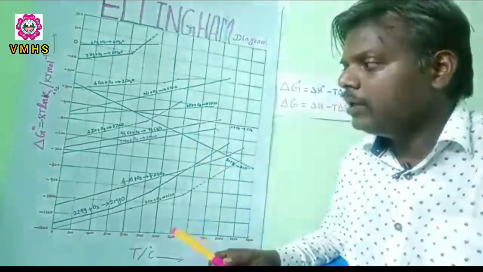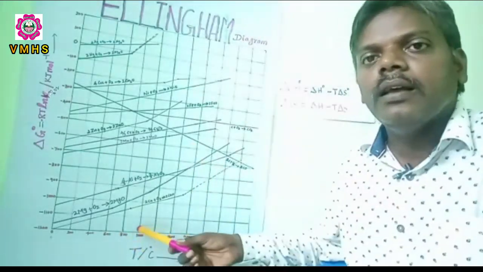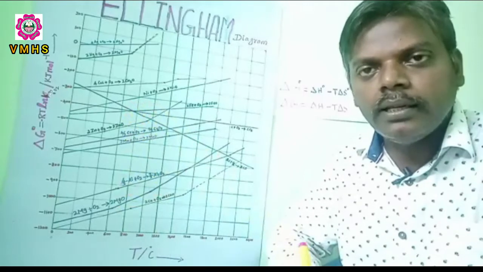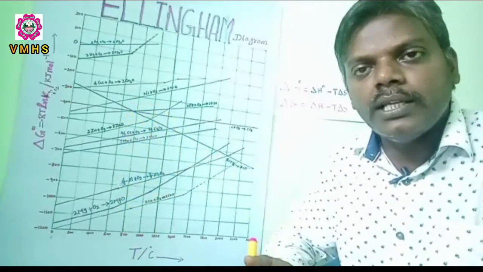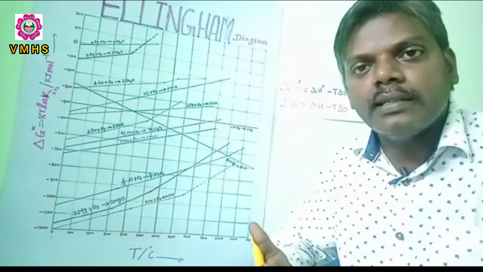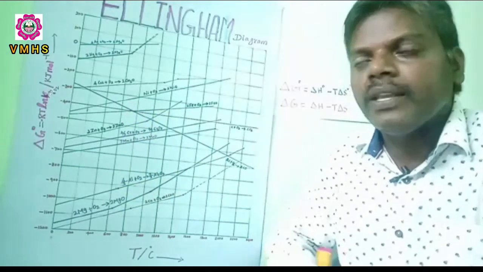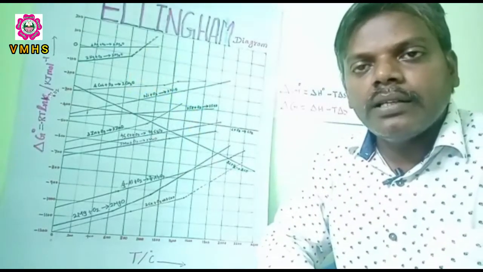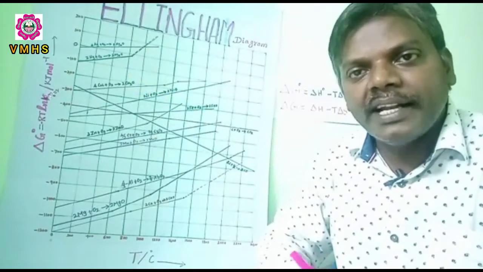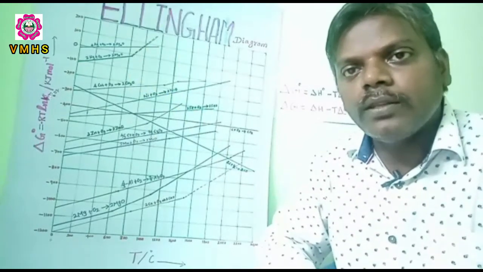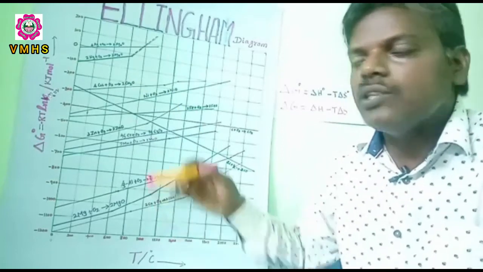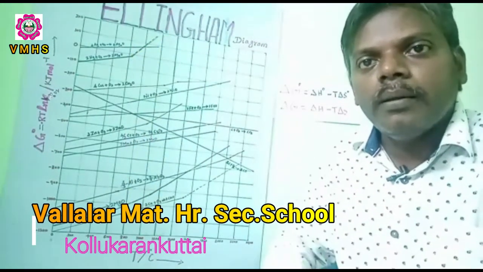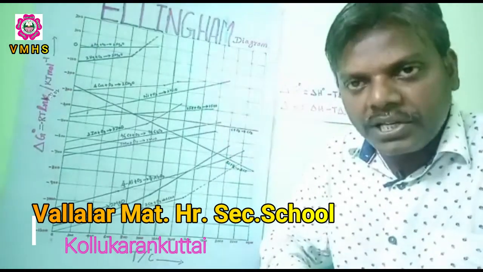And third observation, as the temperature increases, the delta G value becomes less negative and becomes 0 at a particular temperature. Above the temperature, the metal oxide is less stable as it has a positive delta G0 value, and below the temperature, the metal oxide is more stable because the delta G value becomes negative. And fourth observation, for the metal oxide formation, there is a sudden change in the slope. This is because of phase transition, that is melting and evaporation and so on.